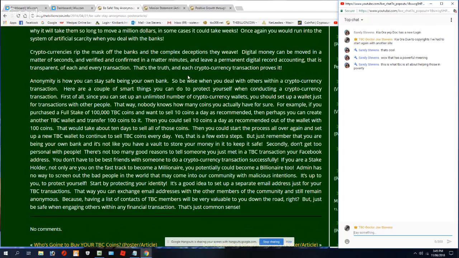That's the truth, and every cryptocurrency transaction proves it. Anonymity is how you can stay safe being your own bank.